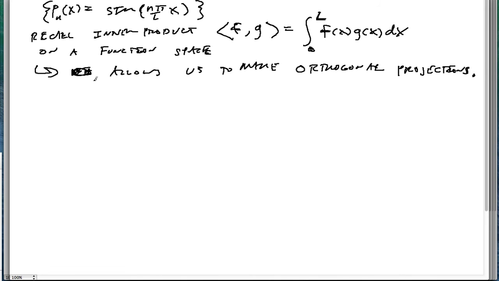So what do we mean by orthogonal projections? Remember that if I had some function f(x), and I want to approximate it by a linear combination of P_n(x)'s,